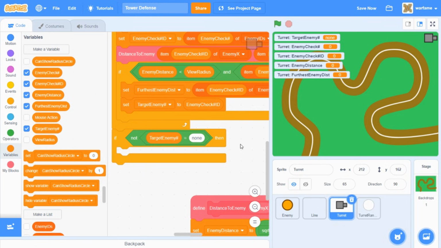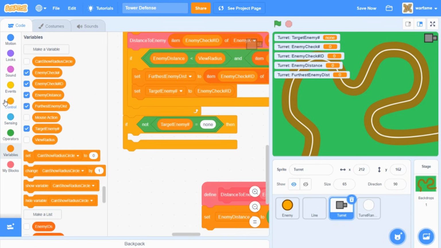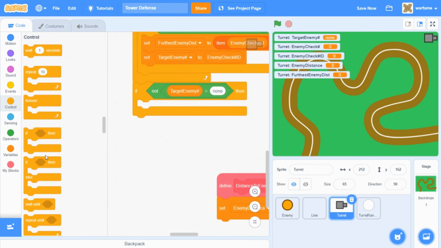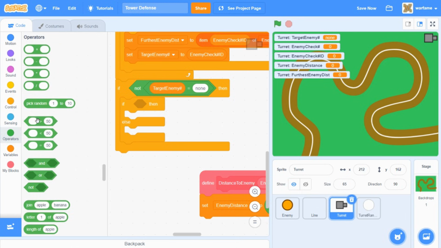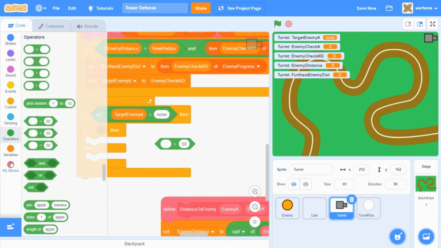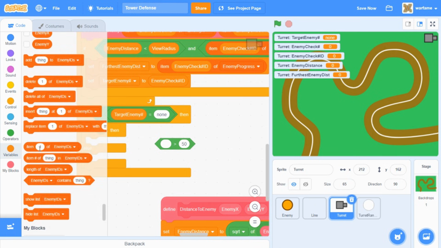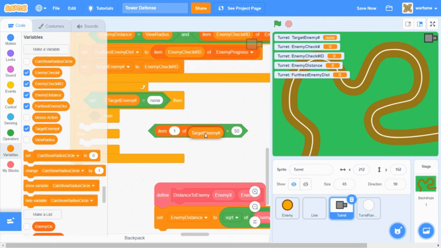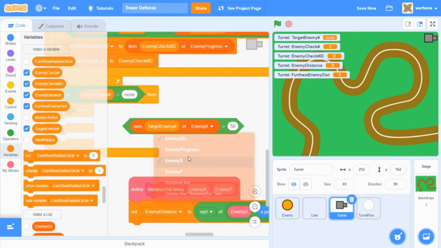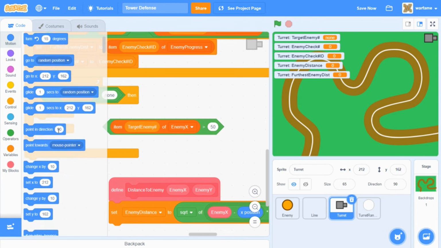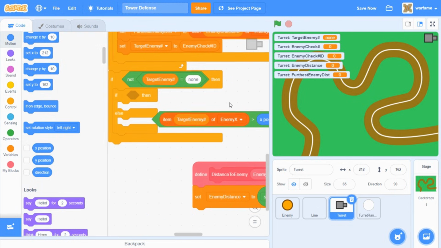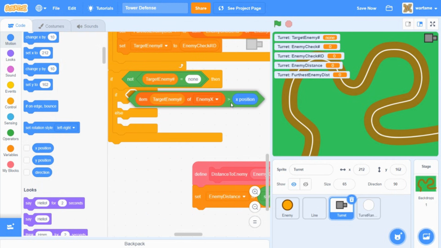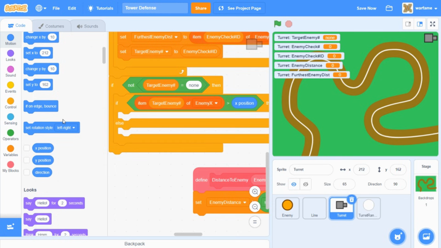Alright, so if the turret currently has an enemy to aim at, then let's grab an if else, and then drag it inside of here, and then I am going to first check if, let's go to variables, and then drag the item of block. So if the item target enemy number of enemy X is greater than the turret X position, by the way, I'll explain this later, but let's do this for now. So if the item target enemy number of enemy X is greater than X position, then I will make the